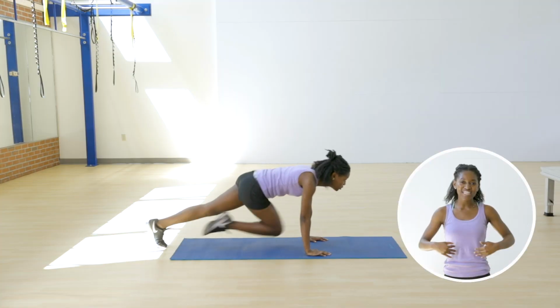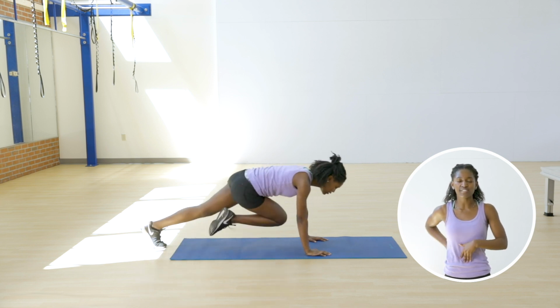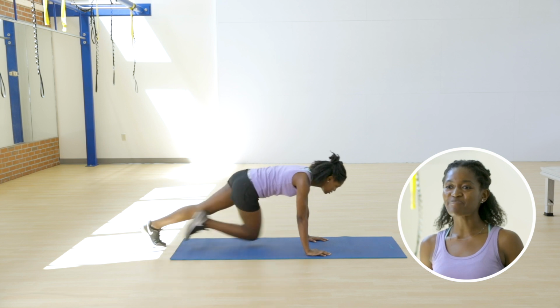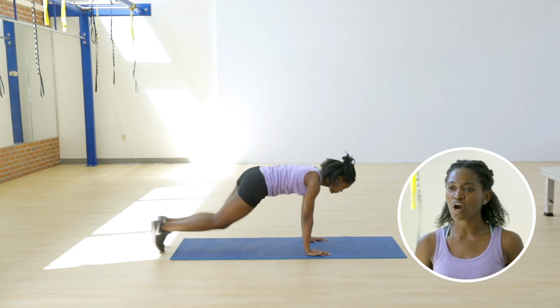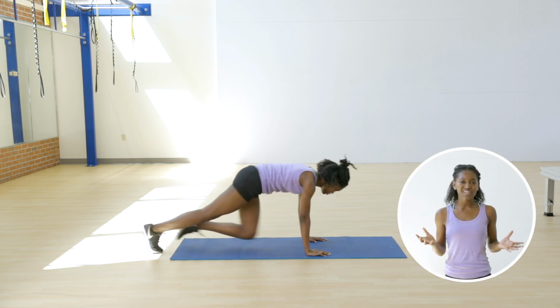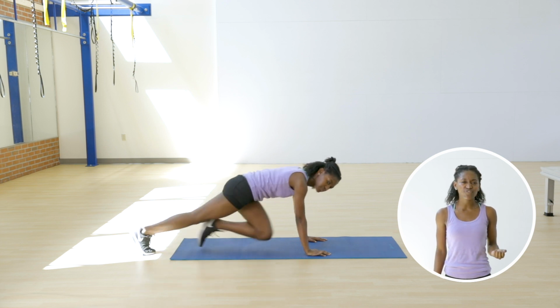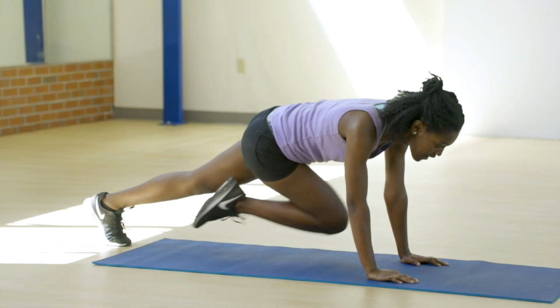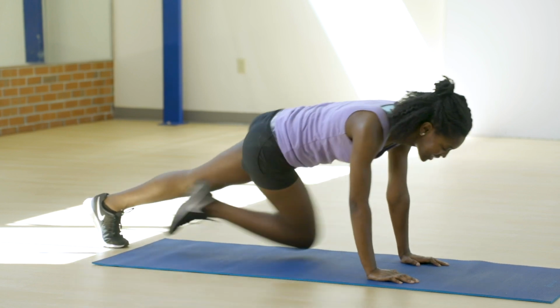Nice job, everybody. Keep that core nice and tight, sucking that navel in towards the spine. Keep it up. You've got this. Keeping that nice and tight core as you drive that knee in towards that opposite elbow. Starting to get close to counting you guys down here, so keep it going for the last few seconds. Keep it up for 5, 4, 3, 2,